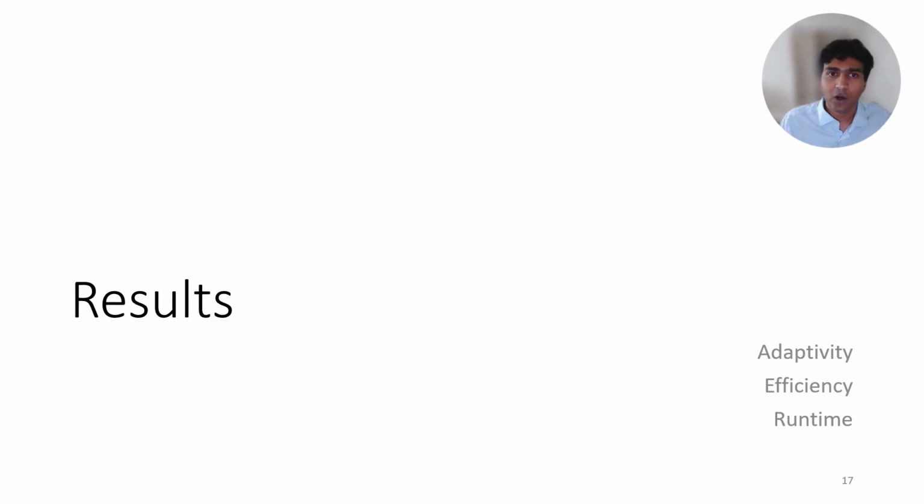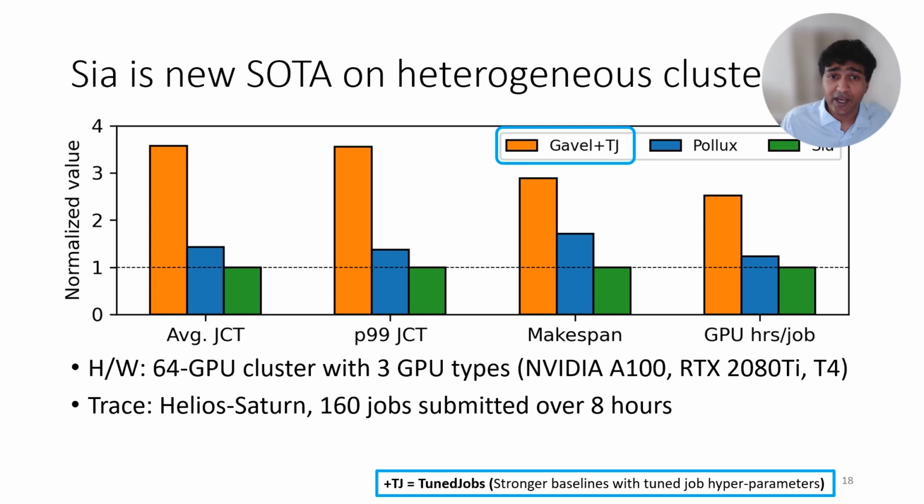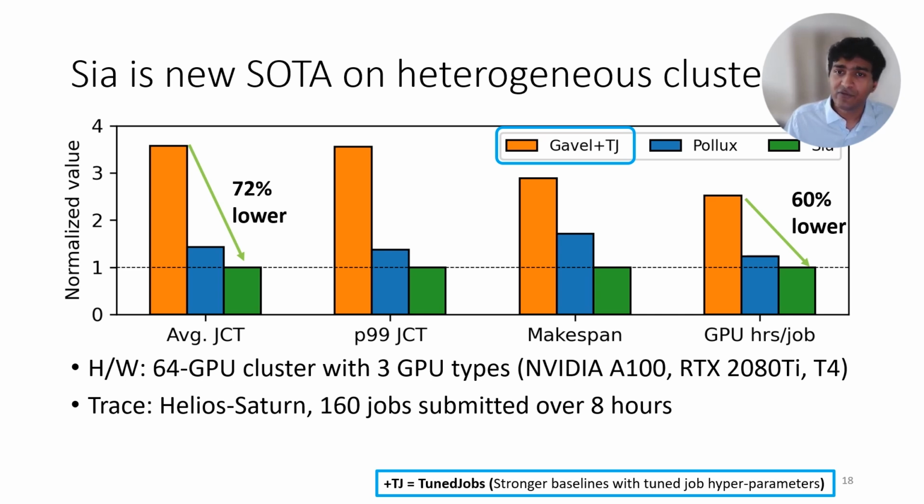We'll briefly go over some of our main results from our paper. This bar chart shows end-to-end results in simulation for a 64 GPU heterogeneous cluster with 3 GPU types. We create synthetic traces from a real-world data center trace and record average and 99th percentile job completion times, makespan, and the average GPU hours consumed to complete jobs in the traces. Gavel is inelastic, and we provided an advantage here by tuning job hyperparameters before submission. On this trace, SIA reduces job completion times by 72% while using 60% fewer GPU hours compared to Gavel running